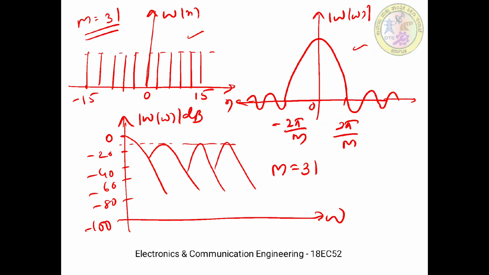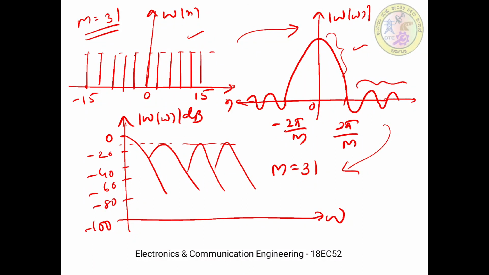Because the window functions are all decided by the m value, that is the length of the filter, here we first specified the rectangular window to exist for 31 samples, that is from minus 15 to plus 15. Based on this, this is the magnitude spectrum. If it is represented in the dB scale, this is the result. So this spectrum of the rectangular window has two important features: the width of the main lobe as well as the side lobes. These are known as the side lobes and this is known as the main lobe.